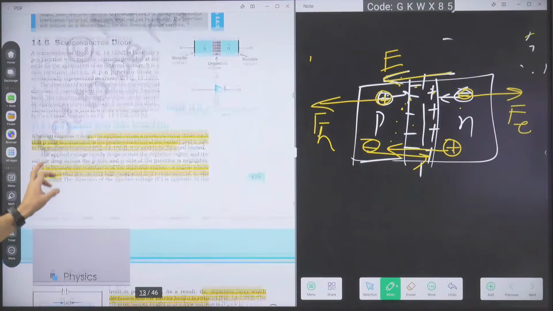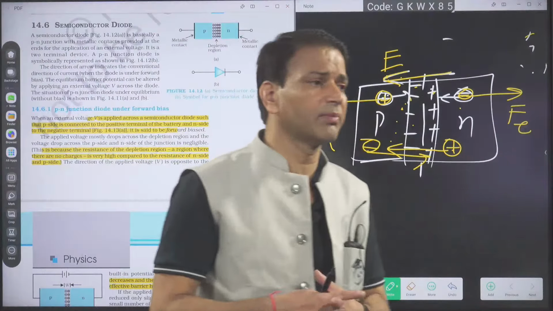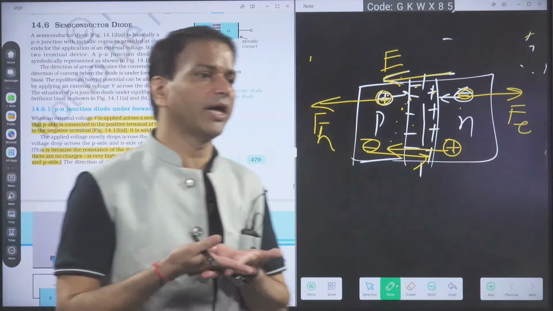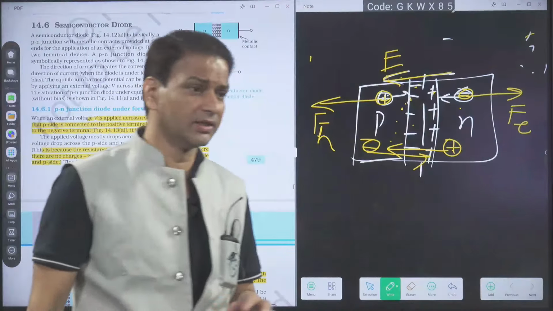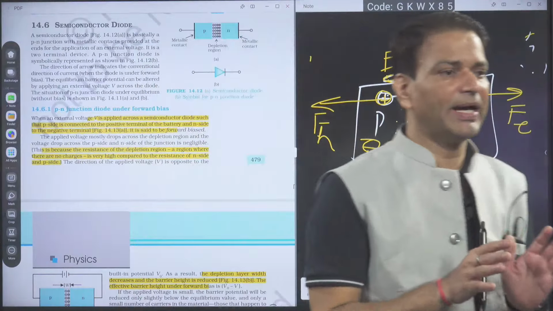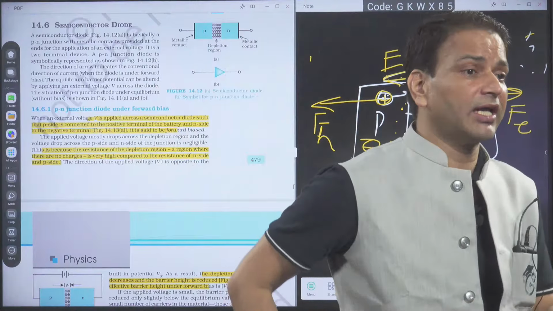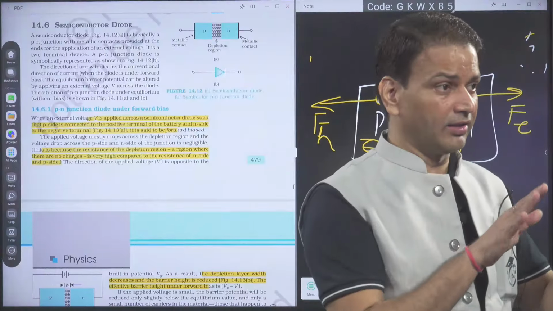Now, PN junction diode under forward bias and reverse bias. Forward bias means when P is connected at high potential relative to N; that connection is called forward bias. Unbiased means no battery is connected. When no battery is connected, what is the direction of the current in the PN junction? Without a battery, there is no current.